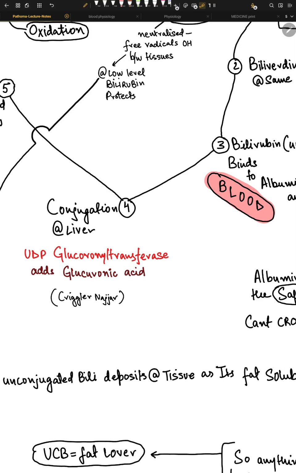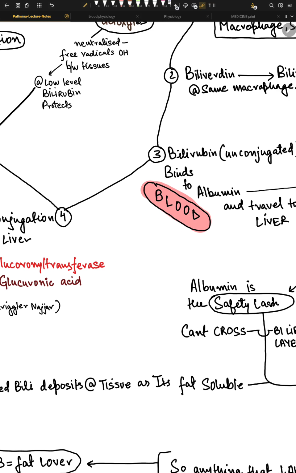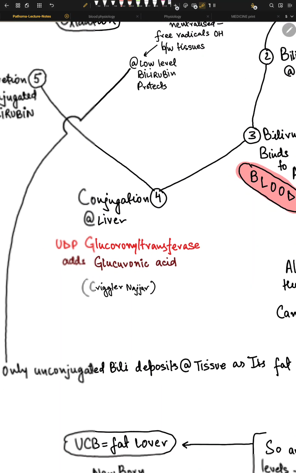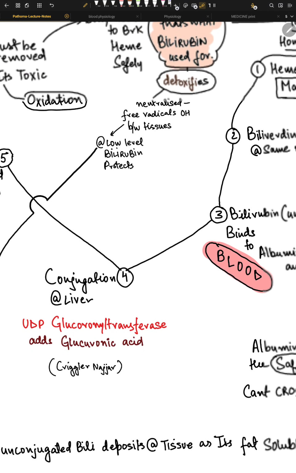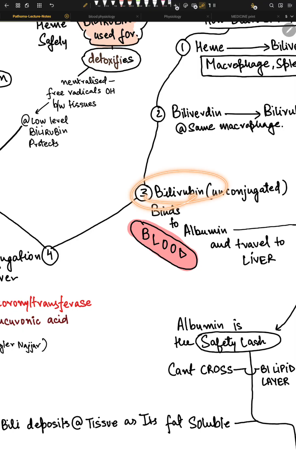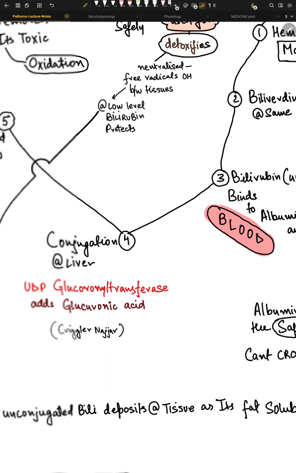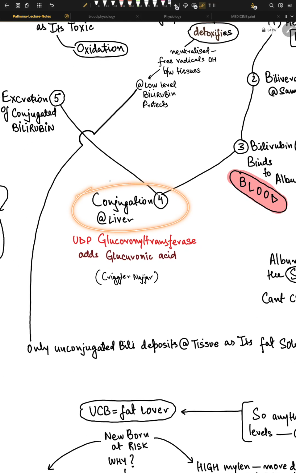So what happens here is that this bilirubin goes and binds with the fatty myelin sheath on the neurons, and then the oxidation mediated by bilirubin actually destroys this myelin sheath. And once the myelin sheath is gone, you will have abnormal levels of conduction between two neighboring neurons. So that is how the neurotoxicity happens. Okay, so conjugation happens at the liver, and we know about UDP,